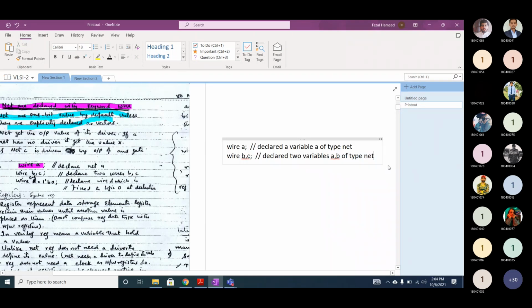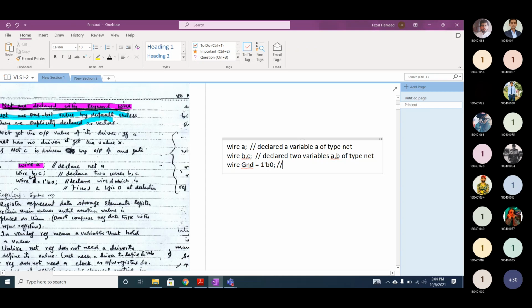And if we say wire GND equal to 1'b0, we have defined a wire of type ground, which has a value of 1'b0, okay, and it is a fixed value.